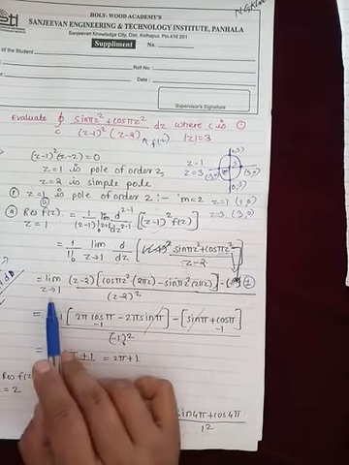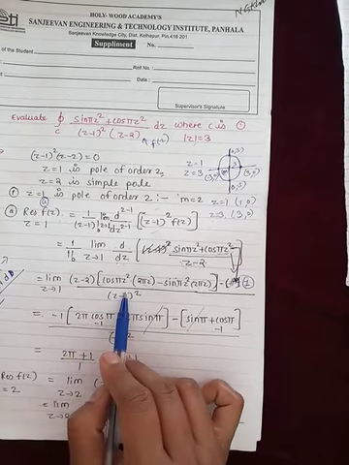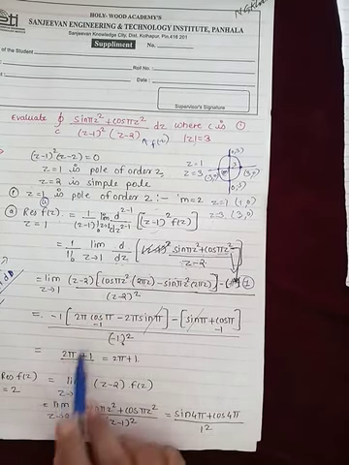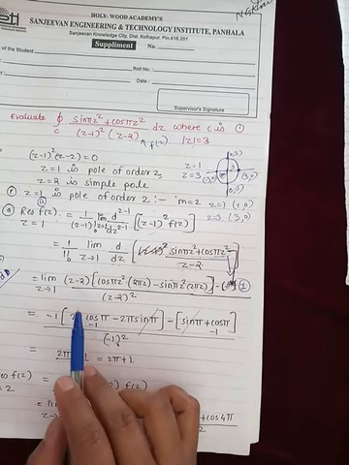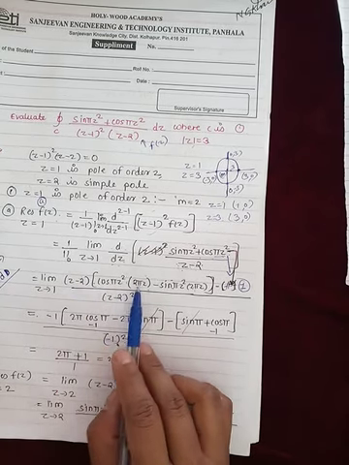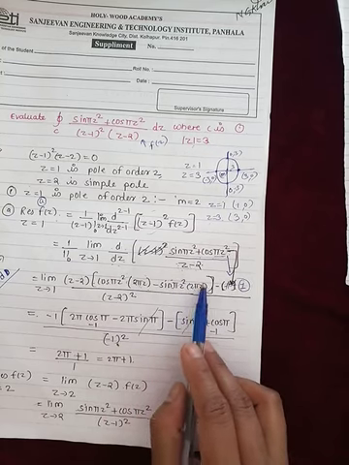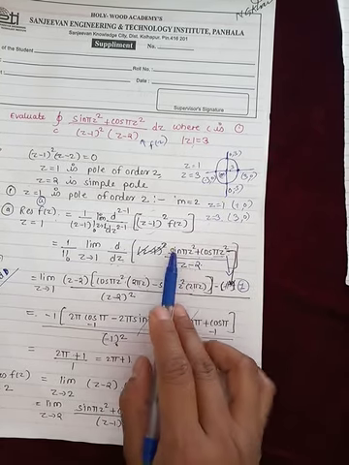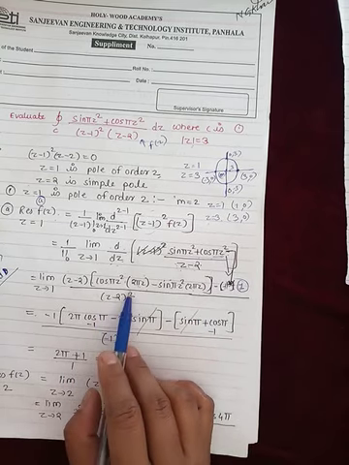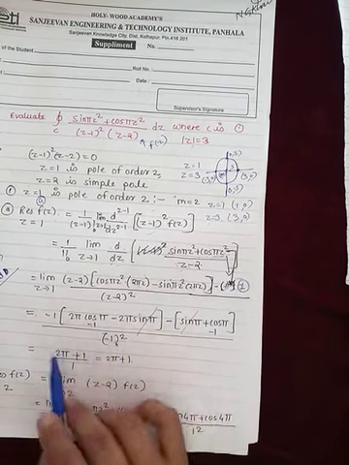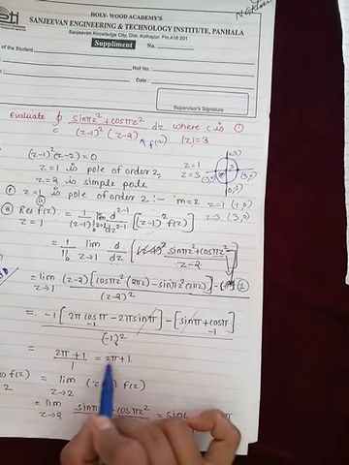So here put z equal to 1, to see whether we get an indeterminate form or not. So by putting z equal to 1 here: 1 minus 2, then cos pi 1 square, 2 pi into 1, minus sin pi 1 square, 2 pi into 1, minus numerator sin pi 1 square plus cos pi 1 square into 1 upon (1 minus 2) bracket square. We get this function and by simplifying we get the answer 2 pi plus 1.